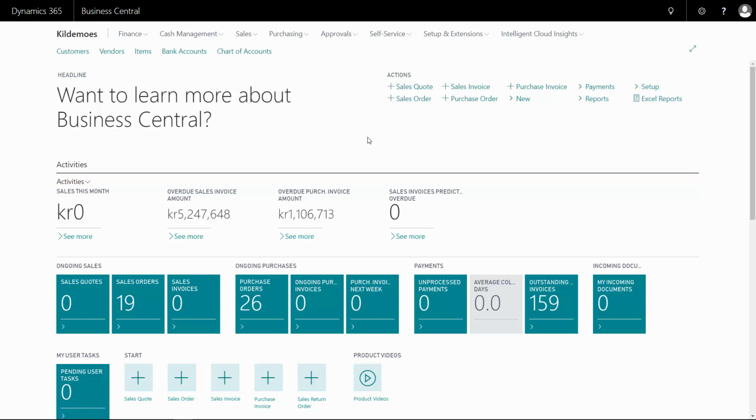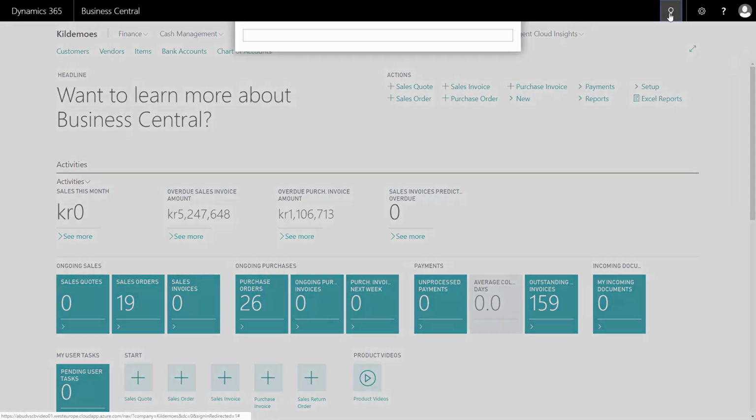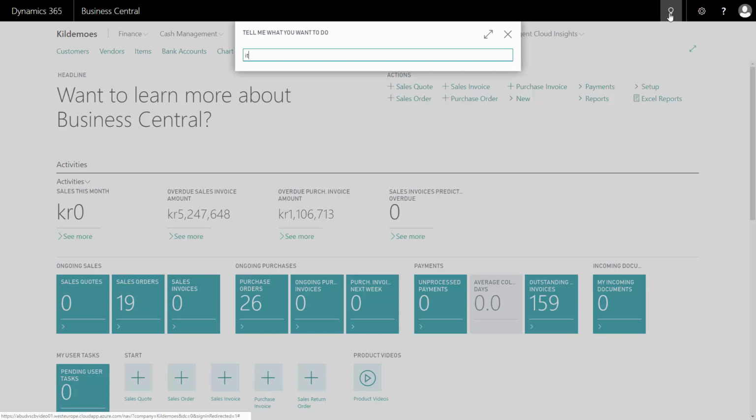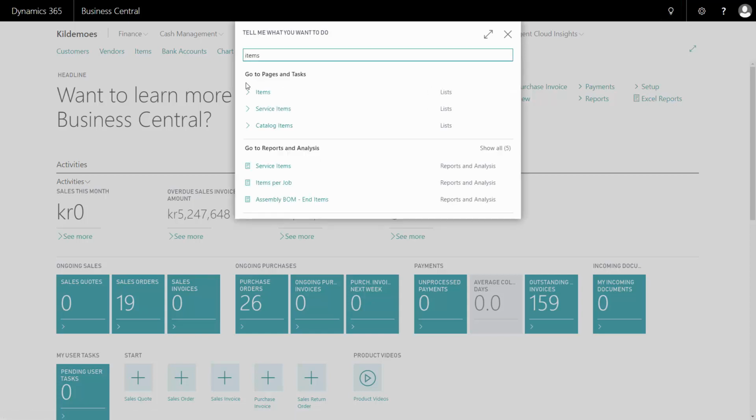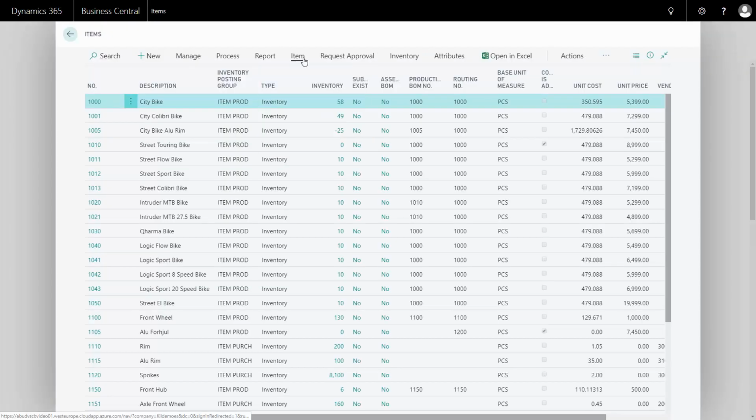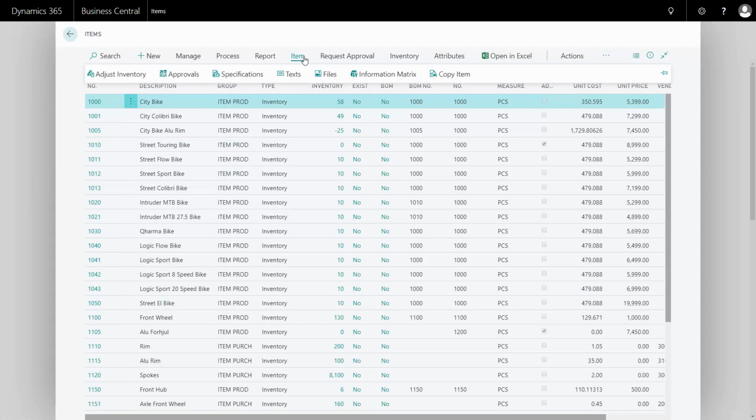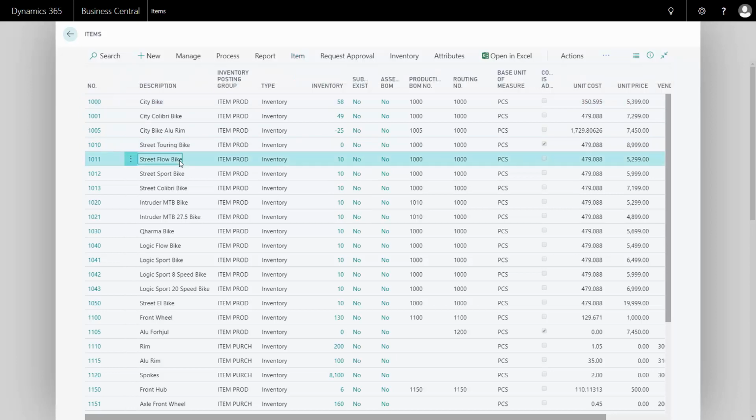It is possible to update data directly in the information matrix, both on the basic table and the master data information table. Let's see that on the items. So from my item, I can see, for instance, on my street flow bike, if I view the specifications on